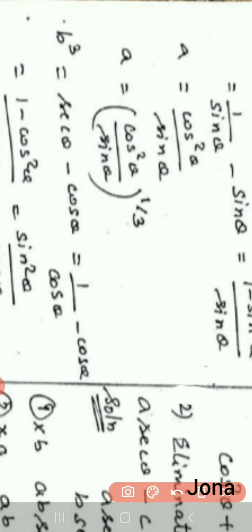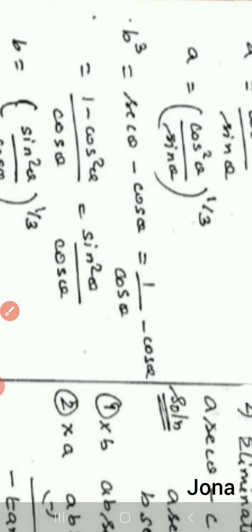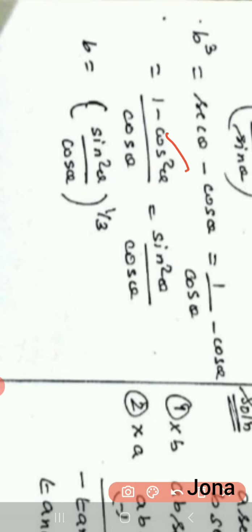Okay, and then we want to take that b cube here. That b cube is given in the problem, b cube equal to secant theta minus cos theta. Here also, instead of this secant theta, I can write 1 by cos theta minus cos theta. Take LCM for these two, that is cos theta, and cross multiply here so that we can get 1 minus cos square theta. 1 minus cos square theta is sin square theta. Therefore, b cube equal to sin square theta by cos theta, b equal to (sin square theta by cos theta) the whole power 1 by 3. Now we got the values of a and b.